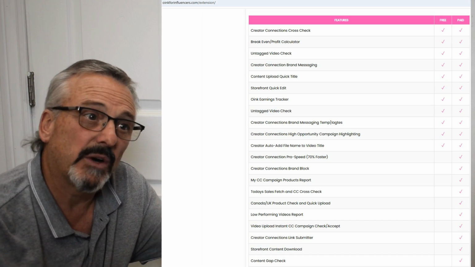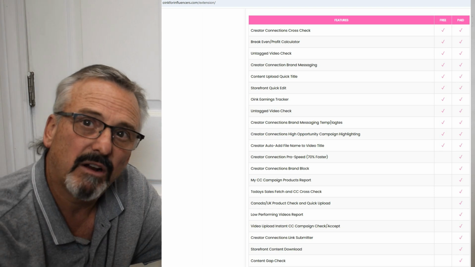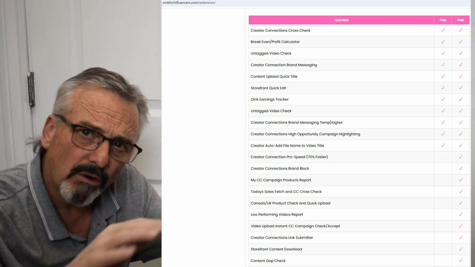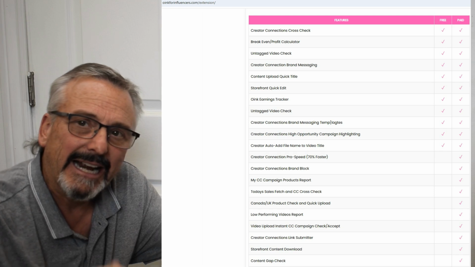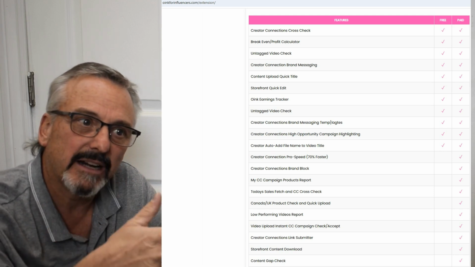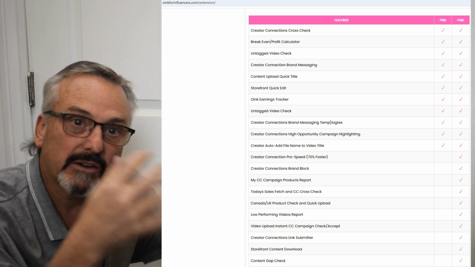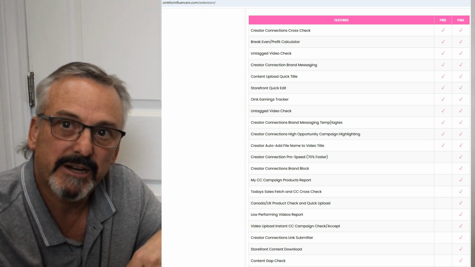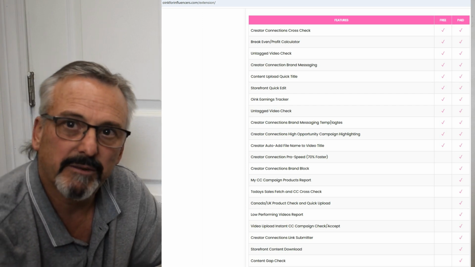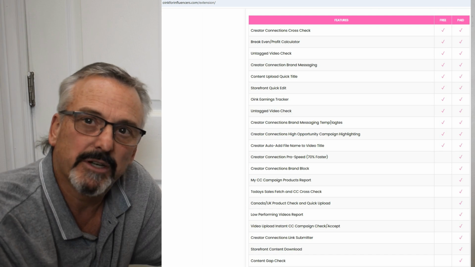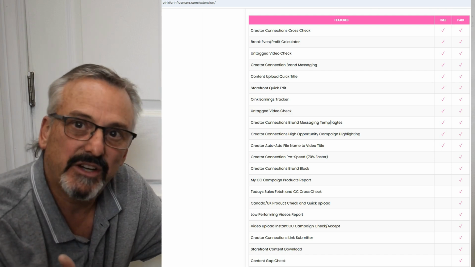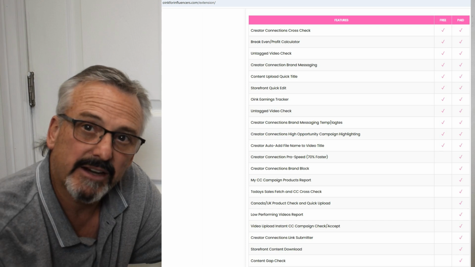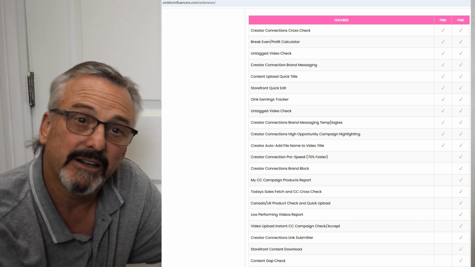Oink has a feature to go into Creator Connection campaigns that you've already accepted and look at all the other products under that campaign and analyze whether they're making good sales, or whether it's a higher price product or a higher commission. Like, I've got the orange Frisbee and the commission's 10%, but over here there's a 12% commission on the black Frisbee and a 15% commission on the red Frisbee. It kind of suggests to you that because you already have the Creator campaign, there's multiple products on that Creator campaign. If it's something you like and it's part of your hobby,